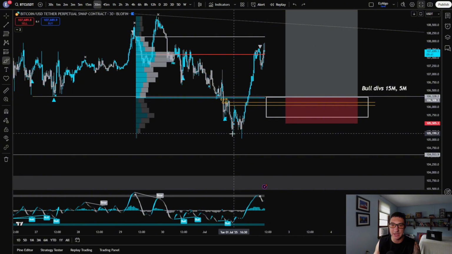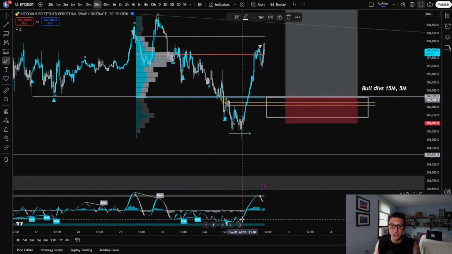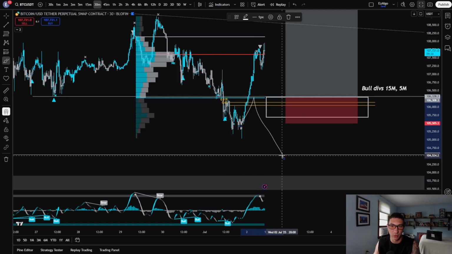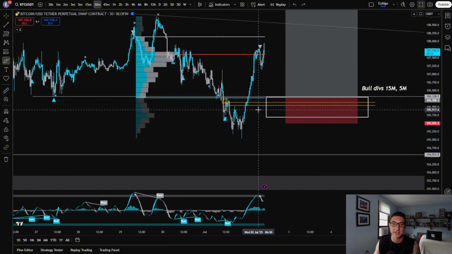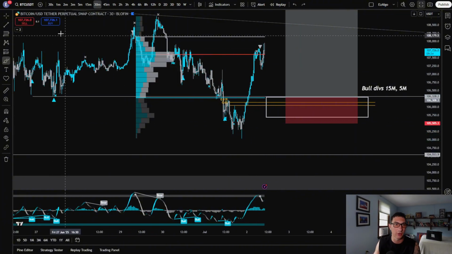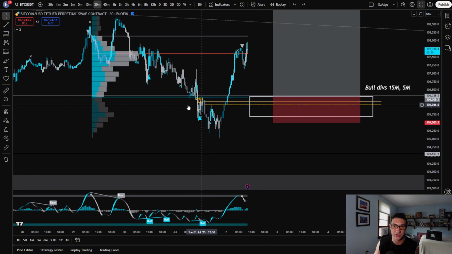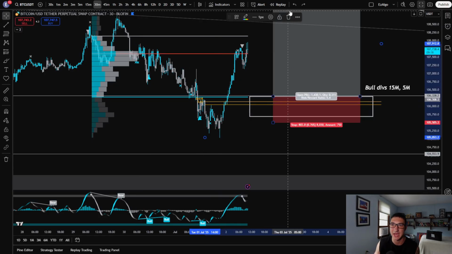Because if you are seeing a sweep of a low and bullish divergences, the odds of price forming this formation and then rejecting this low once again are pretty low, okay? Because we understand that bullish volume is increasing. We are most likely going to reclaim this low. All you'd be looking for now is bullish divergences on a lower time frame and a lower time frame break